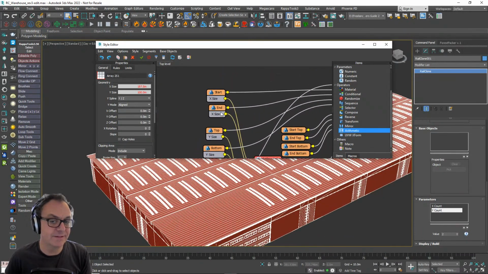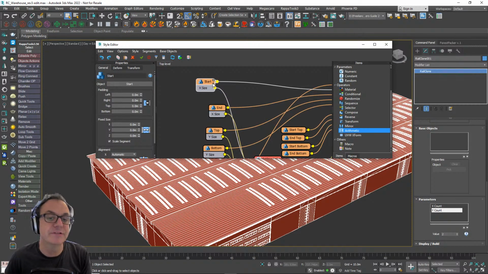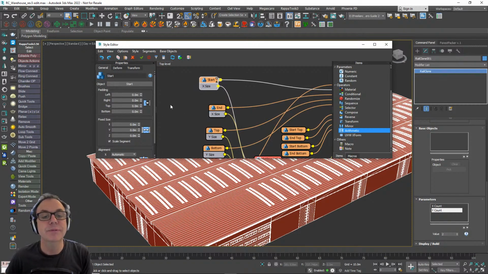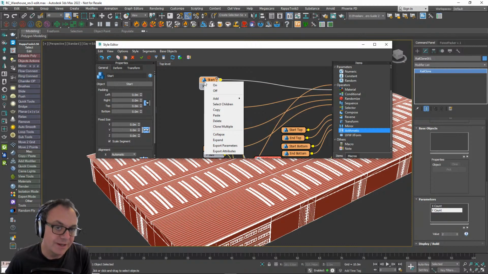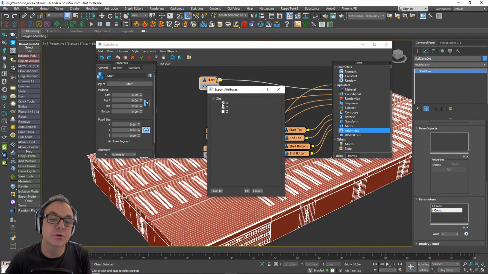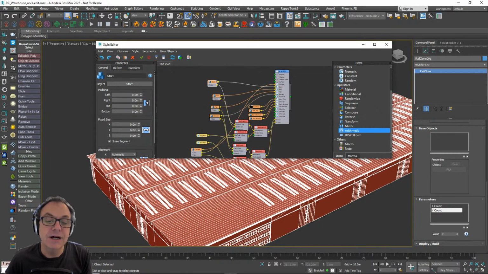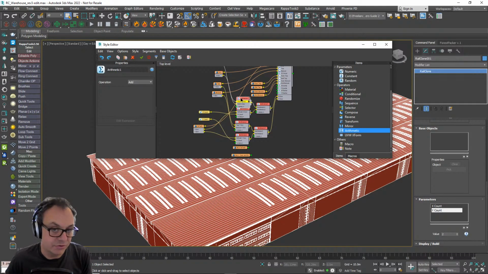Now, of course, one thing I didn't show there was how to get these outputs because they were already there, but that's easily done. You just right click on any segment node or any node actually and go to export attributes. And you can export the size on the X, Y, or the Z axis from any node in the array. And then you can use those in your equations there, like so. So that's pretty much that.